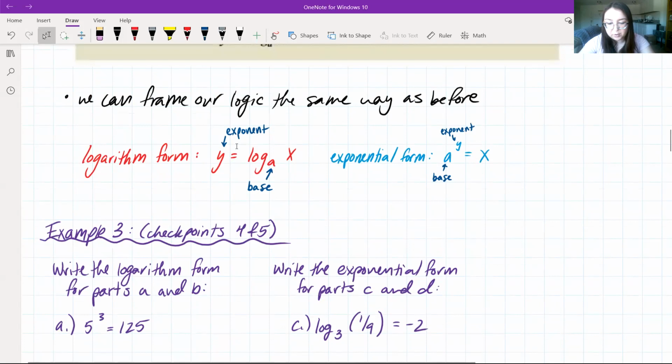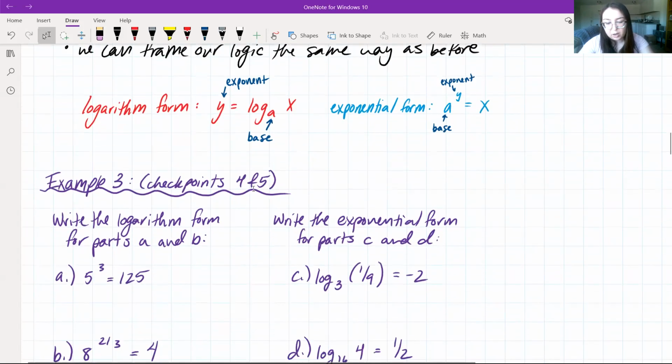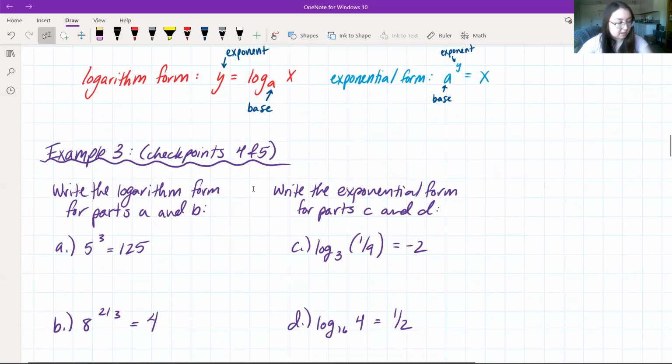We want y is equal to log base a of x. And we see that our exponent is 3, which is equal to y. So we're going to start with 3. We'll say 3 is equal to log of our base. It looks like our base is 5, so we'll have log base 5 of x, which is